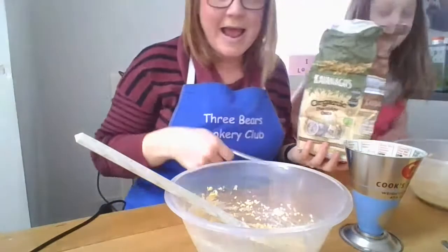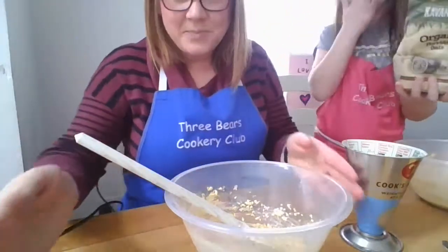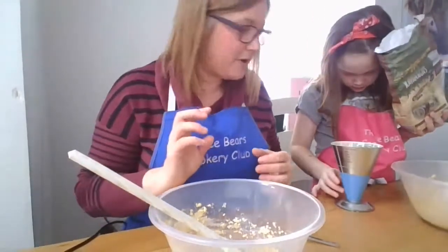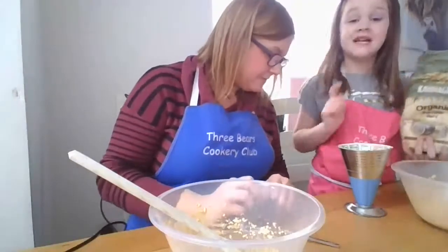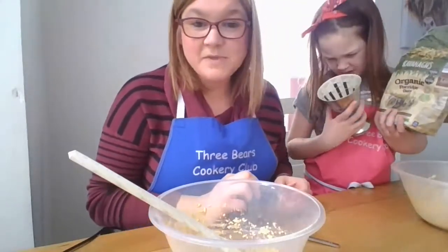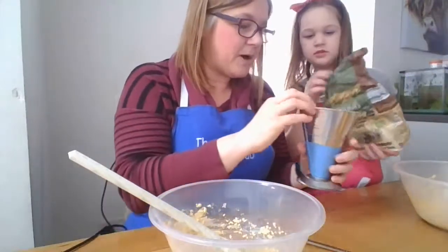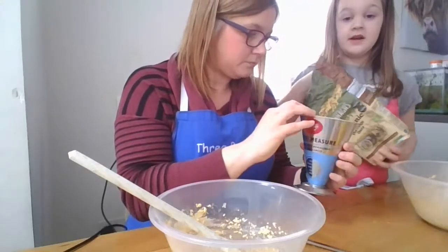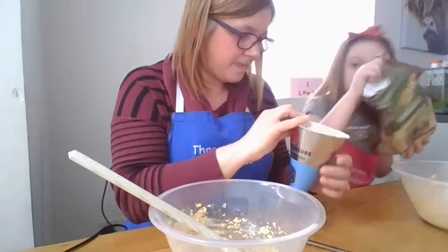So we've mixed in our butter and our light brown sugar, okay, and our egg. And now we're going to add in our oats. So how many oats was it, recipe lady? 60 grams of oats. Okay, so we want to add 60 grams of oats in your bowl. Now this is going to make it really good. Hang on a minute. I need to find the...